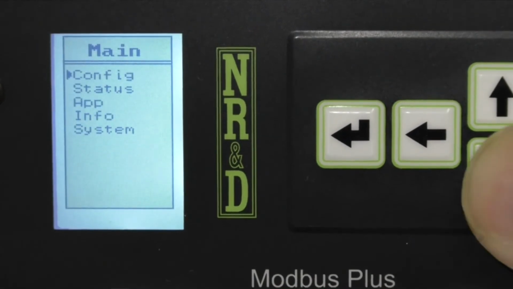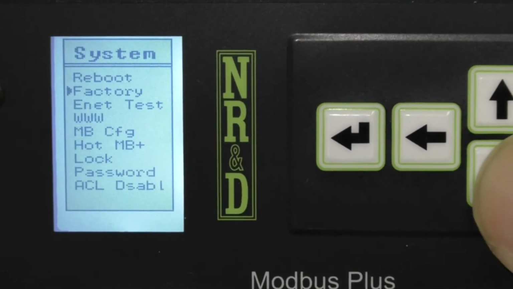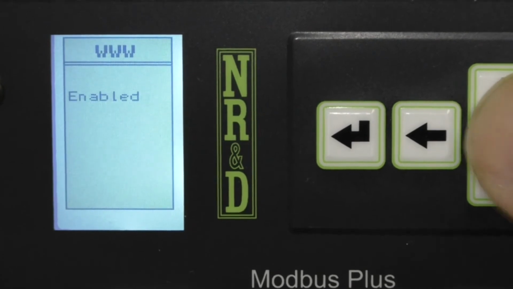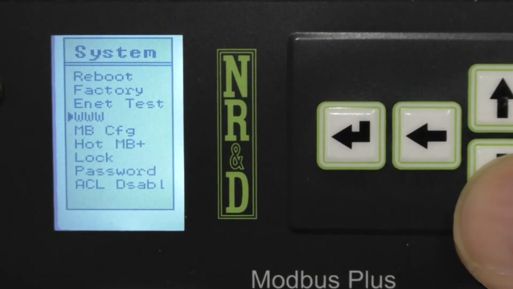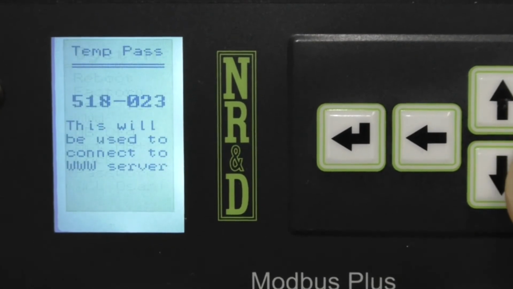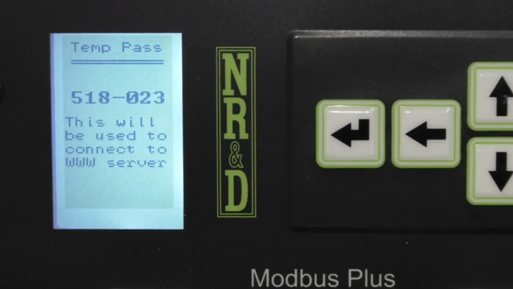The web server is automatically disabled during a factory reset. To turn it on, select the System menu, choose www, and then select Enabled. To see the temporary password, select Password from the menu. Write it down, or take a picture of this screen, as you will need this password for the first web